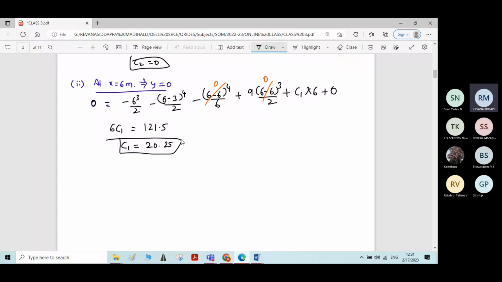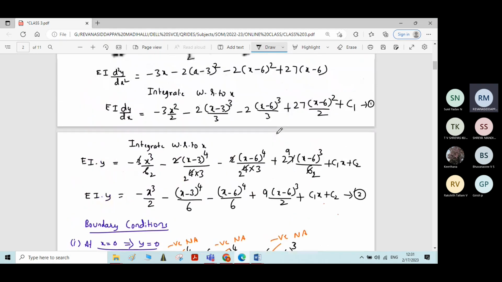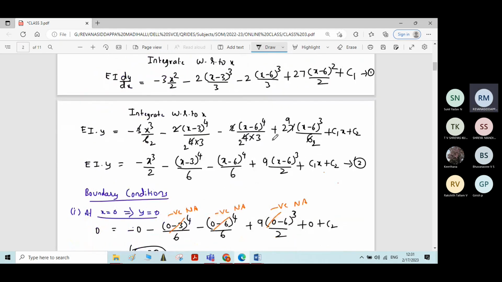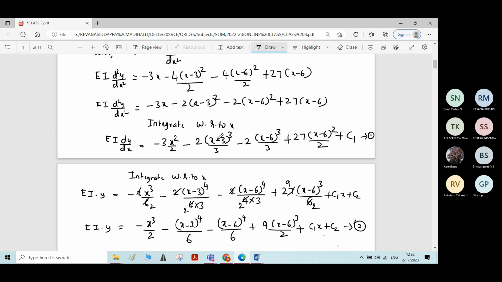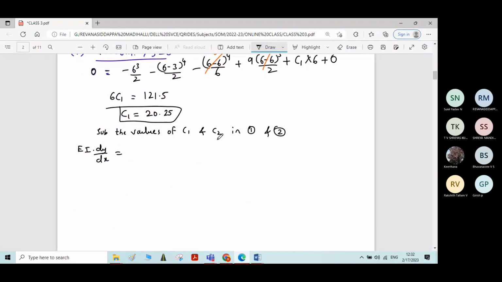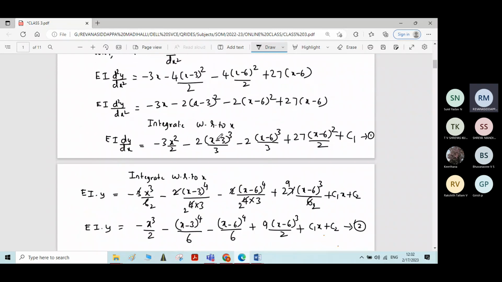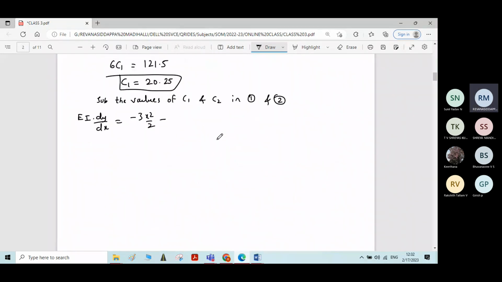Okay, now you substitute the value of C1 and C2 in equation 1 and 2. So those equations will be equations for the slope and the deflection. So EI into dy by dx, in equation 1, it is minus 3x square by 2, minus 2 into (x minus 3) whole cube by 3,